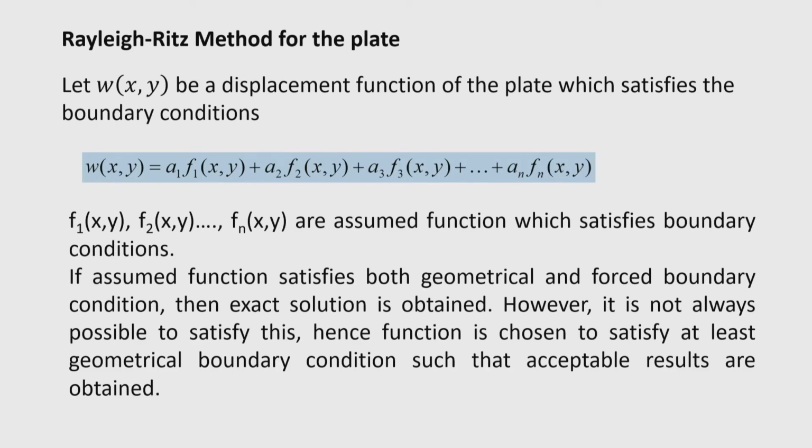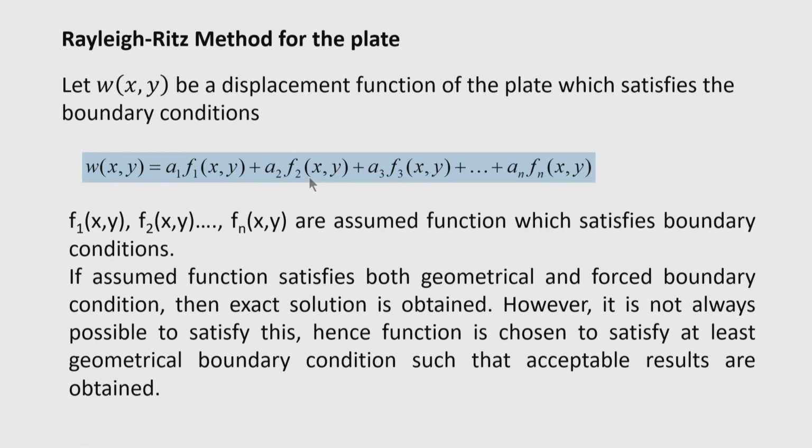Okay. Now, let us derive the Rayleigh-Ritz method. In the Rayleigh-Ritz method, we shall assume that W, the deflection, is a continuous function of x and y. So, we shall assume that W(x,y) is a1 f1(x,y) plus a2 f2(x,y) plus a3 f3(x,y), like that we can take n number of terms, where f1, f2, fn are assumed functions which satisfy the boundary conditions, that is the most important thing. So, these functions are taken in such a way that the boundary conditions are satisfied.